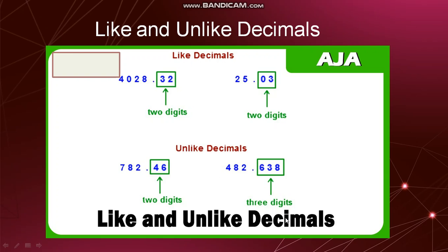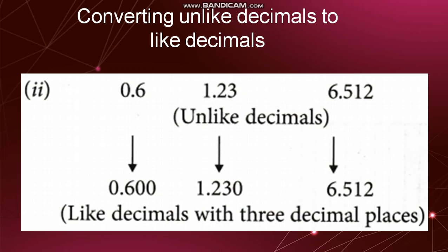Now why do we need to learn like and unlike decimals? I'll tell you. Remember, we learned ordering and comparing of numbers in chapter 1. Why did we learn that? Then only can we write them in ascending or descending order, or compare which number is bigger and smaller. Similarly, in fractions also we learned ascending and descending order, right? So in decimals also, to understand which decimal number is bigger or smaller, you need to know like and unlike decimals. So let's see in the upcoming slides.